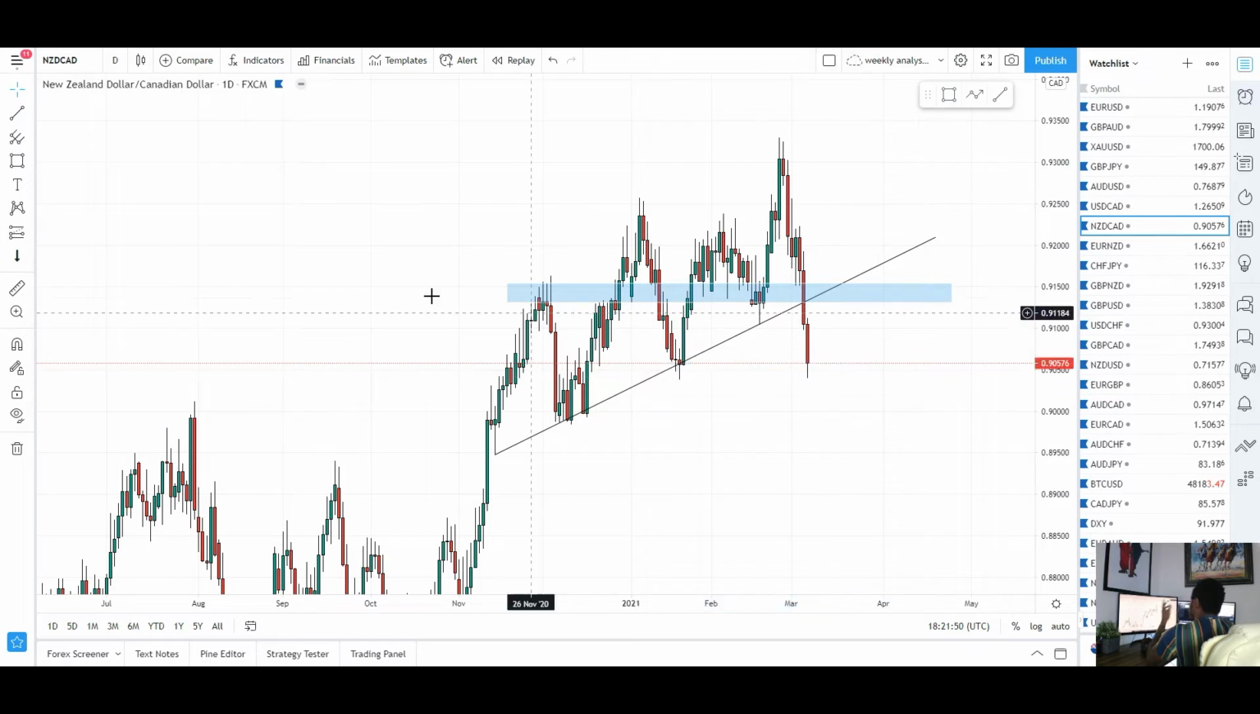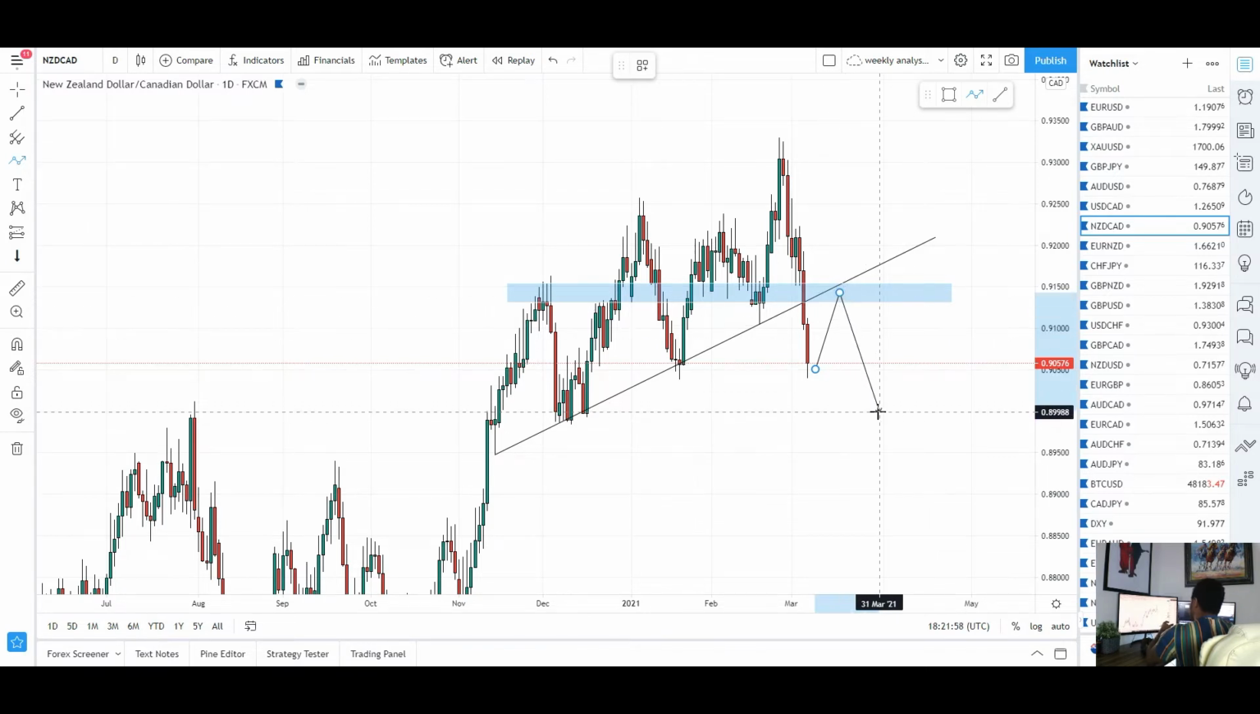So expect to see a push to the upside to start the week off for NZD CAD back into this area, and then potentially retest that trend line, retest that key level of resistance, then see another push back to the downside back into 0.9 and potentially even further if we do have a reversal on our hands for this pair. However, if we do get back above this resistance, back above that trend line, so if you see that retrace